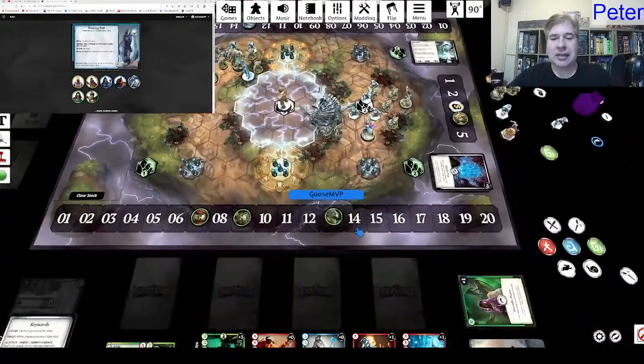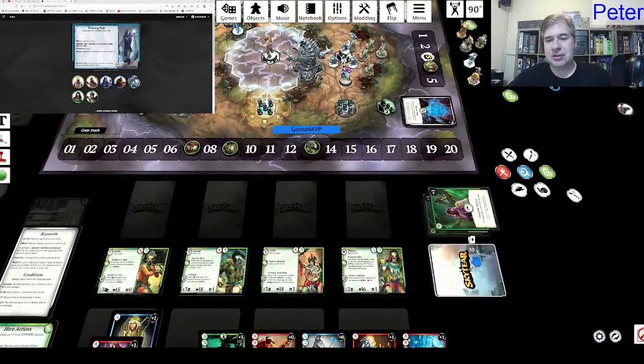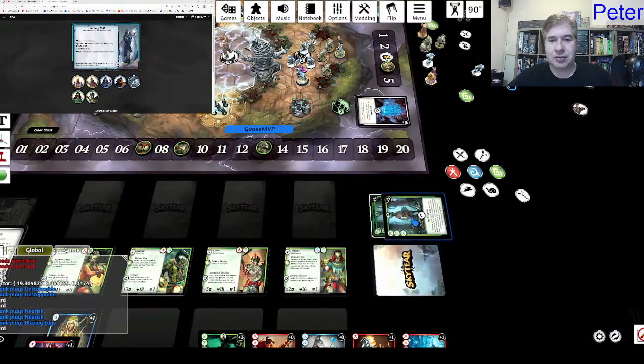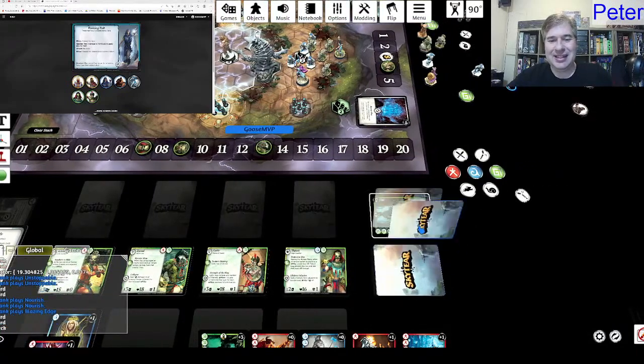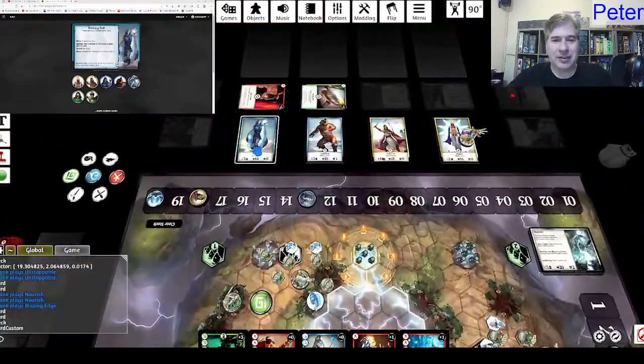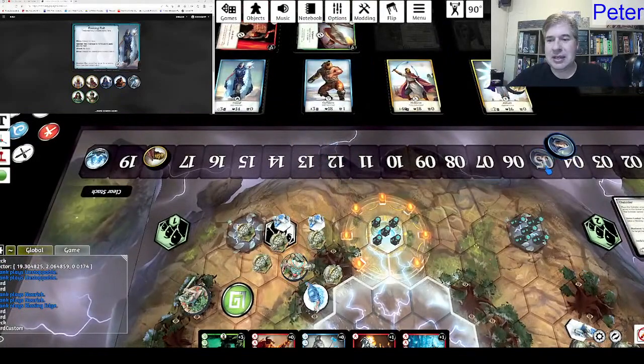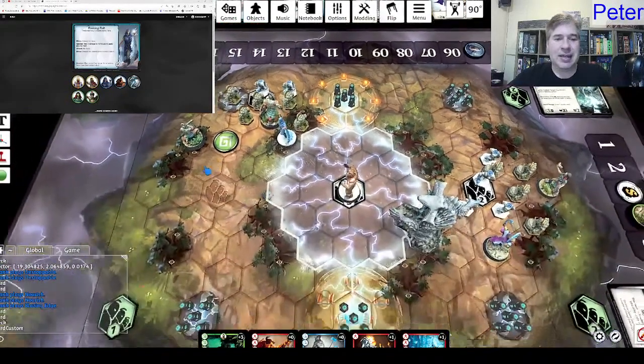But I am +2 attack, so I'm attacking for 5 now with 2 flips. Oops. If I don't get a +3, it wouldn't have mattered anyway. And actually, it would be better off. Oh, there's a +3! No! So 5 + 3 is 8 damage. I don't believe there's any armor. Nope. So that is 8 more damage. 13 goes down to 5. And then